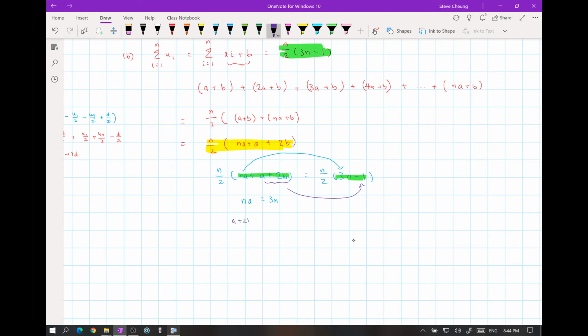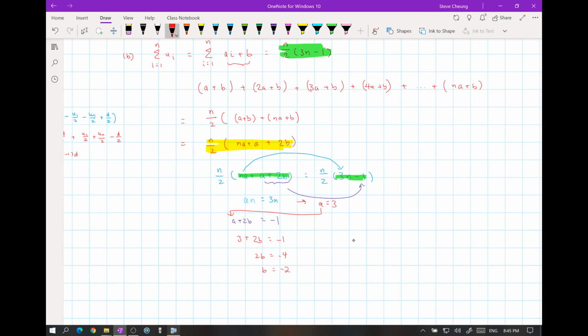A plus 2b equals -1. So the first one is easy. If n times a is 3n, I can rewrite it as an equals 3n. So therefore, we have a equals 3. And if a equals 3, I can substitute it here to get 3 plus 2b equals -1. So therefore,